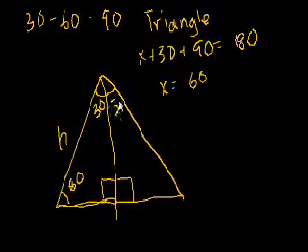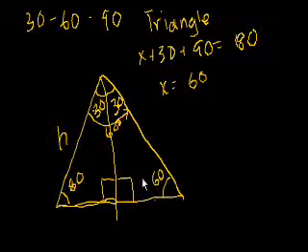We also know that this angle is 30 degrees, and we also know that this angle is 60 degrees. Well, if this angle is 30 degrees and this angle is 30 degrees, we also know that this larger angle, which goes all the way from here to here, is 60 degrees. Well, if this angle is 60 degrees, this top angle is 60 degrees, and this angle on the right is 60 degrees, then we know